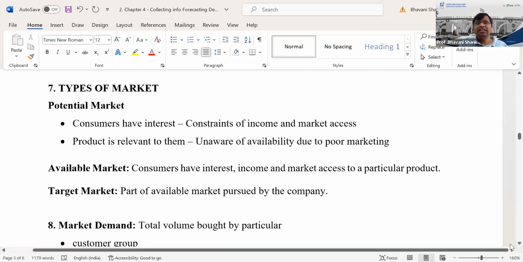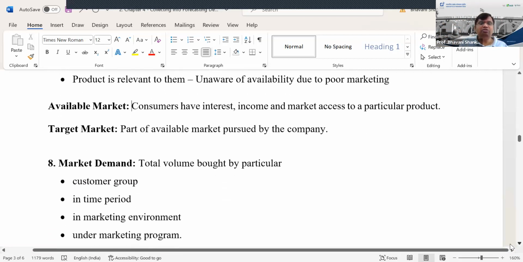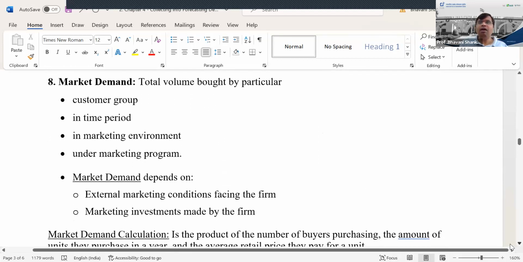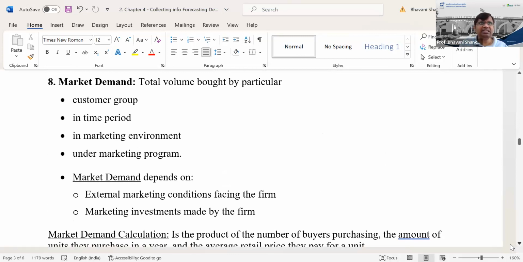And then let us look at the market demand. What is this market demand? Total volume bought by a particular customer group. Let us say the teenagers, let us consider them as a particular group. Let us say Myntra, apparel you are interested in selling. So we are interested in looking at total volume bought by teenagers in a time period, that is the first